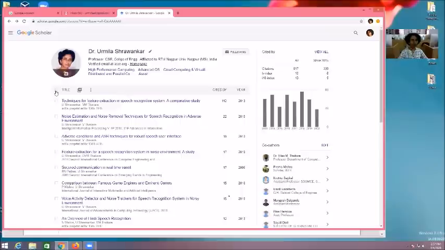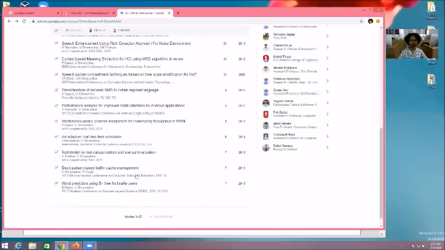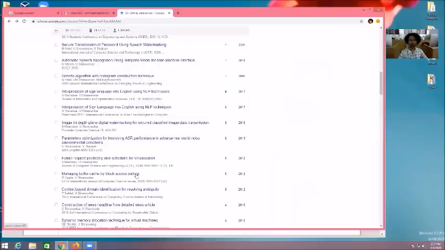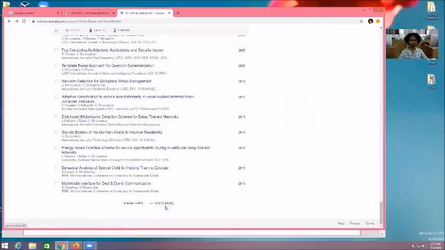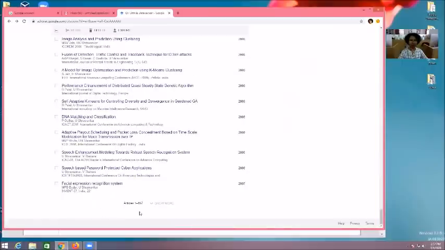Now I will select all my papers. Show more: by default it displays 20 papers on one page, and afterward more, up to 157 papers. Now the show more button is disabled, which means I do not have more than 157 papers listed in Google Scholar.